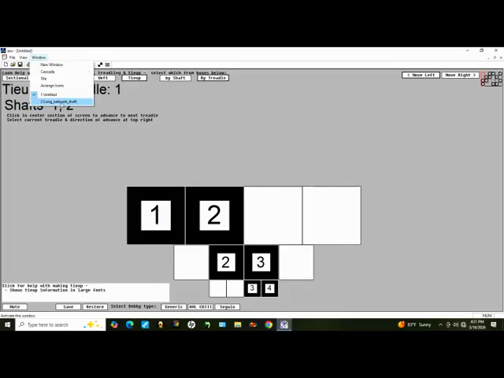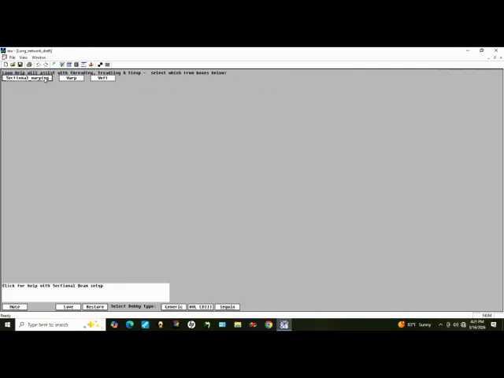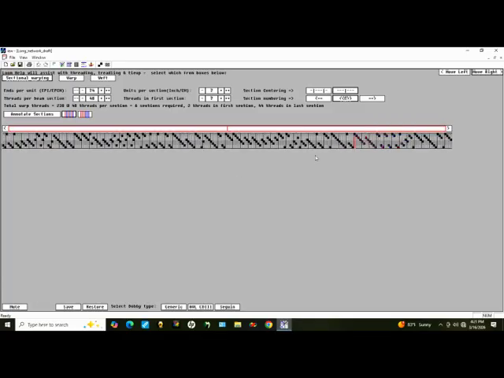Let me switch to another file here. Okay, this is a fairly large network draft, which is really why I created the loom help in the first place. Now I have gone through and added a few random colors into one of these just to create a sample so we can see what we're really trying to do. So when I ask for sectional warping, this tool allows me to allocate how many threads are in each section